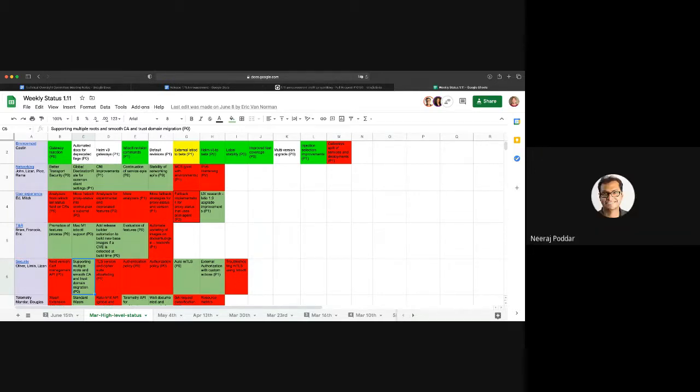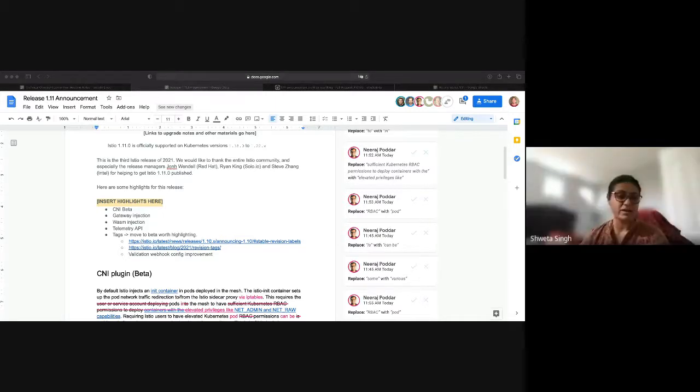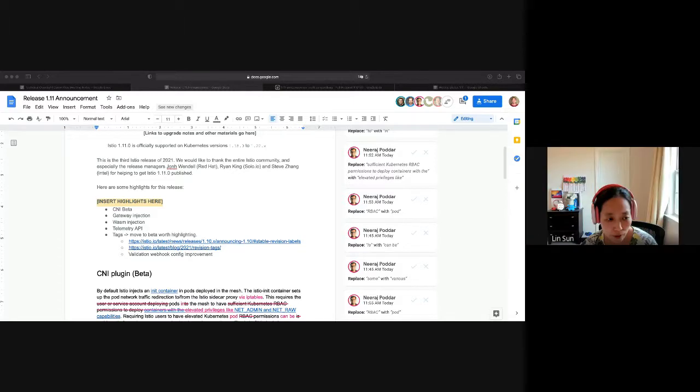All right. Shweta, do we have anything from your project management side of things that we can look at? If not, we'll crowdsource like Craig has been trying. For 1.11, I would love to create a similar matrix, but I need support from working group leads. No, that's fair. Got it.